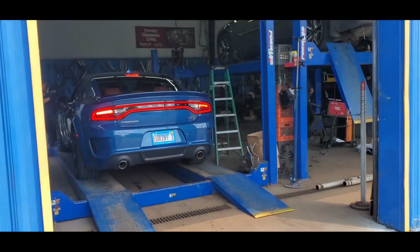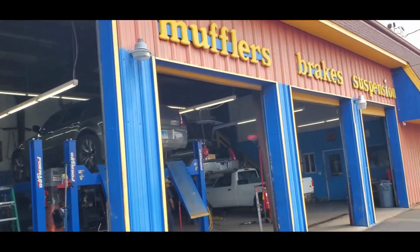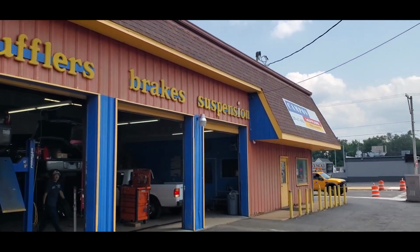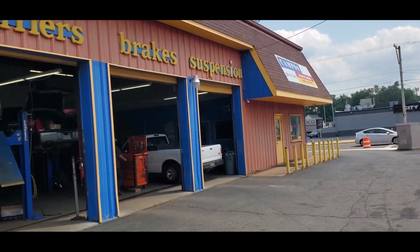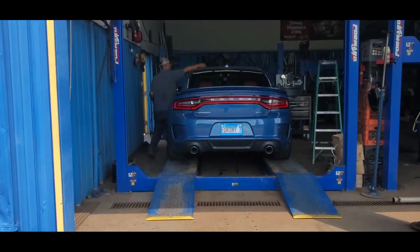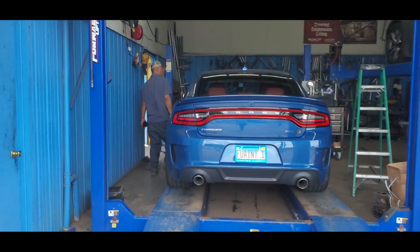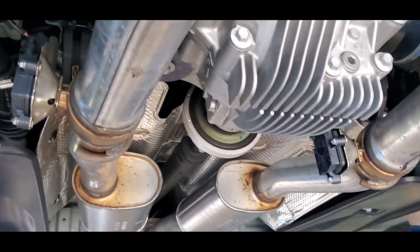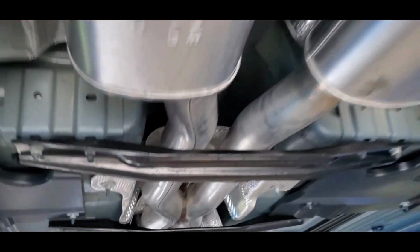So this place did all my cars. Campos right there. So my Scat Pack, my Jeep SRT, and now this. Alright. Sounds good. Days ago I just bought this thing. I'm already doing crazy stuff to it. Yeah. Alright, just a little